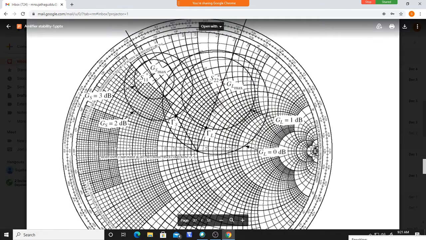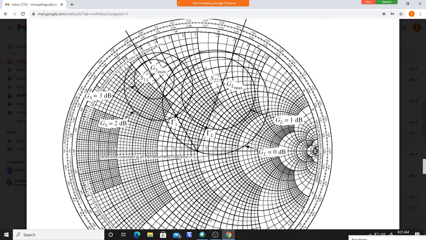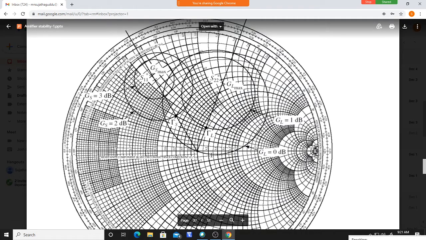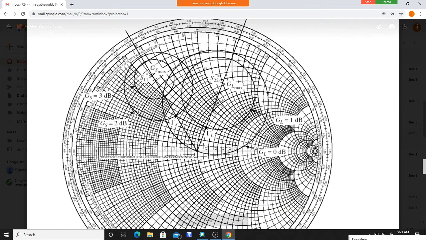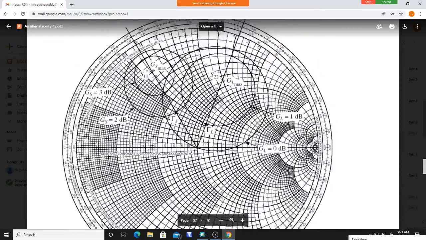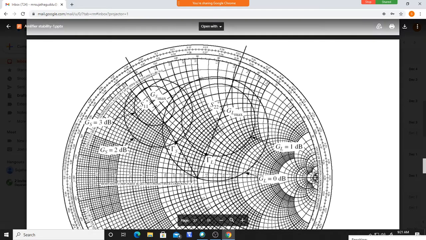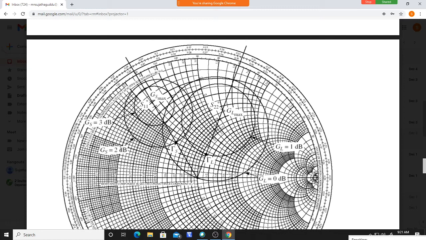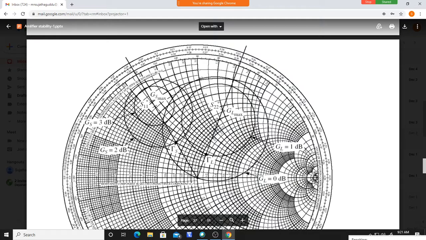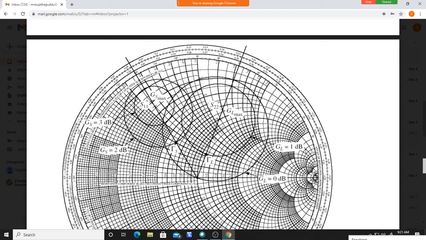Okay, so this is a 0 dB circle here. Again, how to mark the center, I told you, go through that and draw the circle like this. So you can choose one value over this for the impedance matching. So GS 3 dB you can choose, GL is 0 dB. Another option, what you people did in that test: 2 dB you took and 1 dB you took, is correct. For such a case you should find the center and radius again.